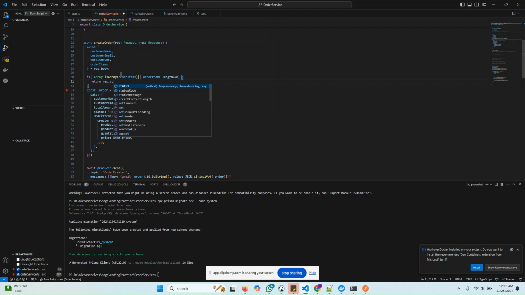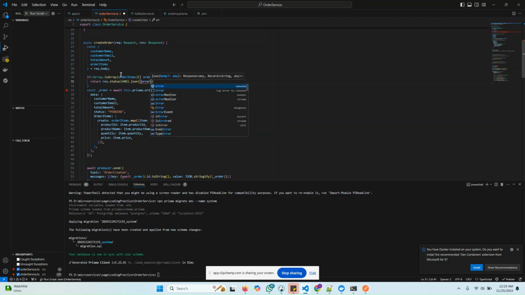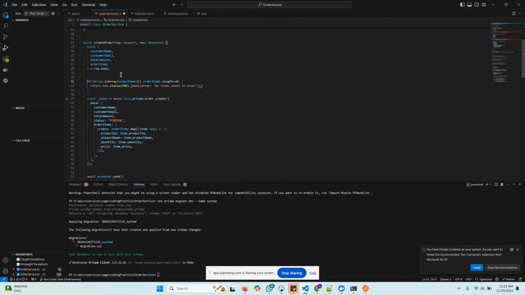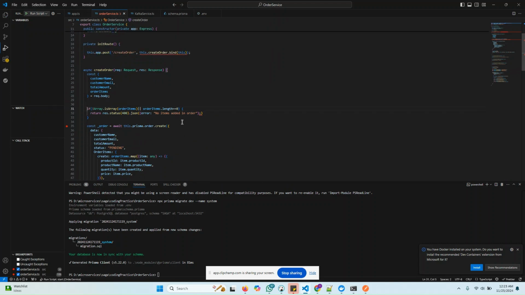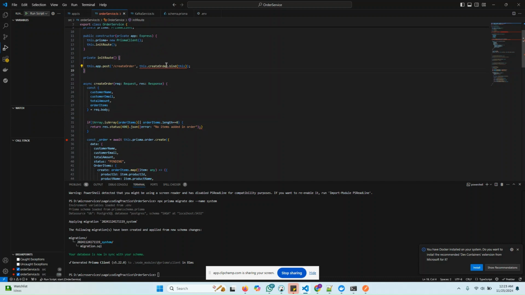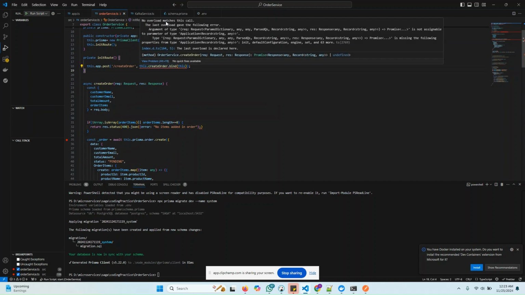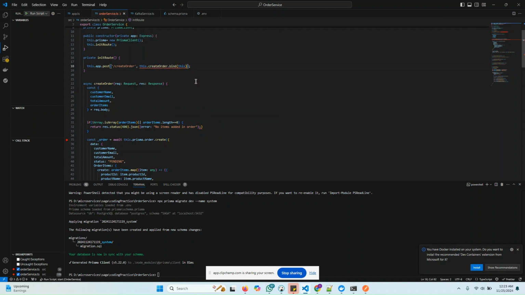response dot status 400 dot json and put the error: no items added in order. Okay, this is a very simple check we have applied here, so that we should not be able to create any order without item. So in order to get rid of this error, let's, okay, so what we will do here,